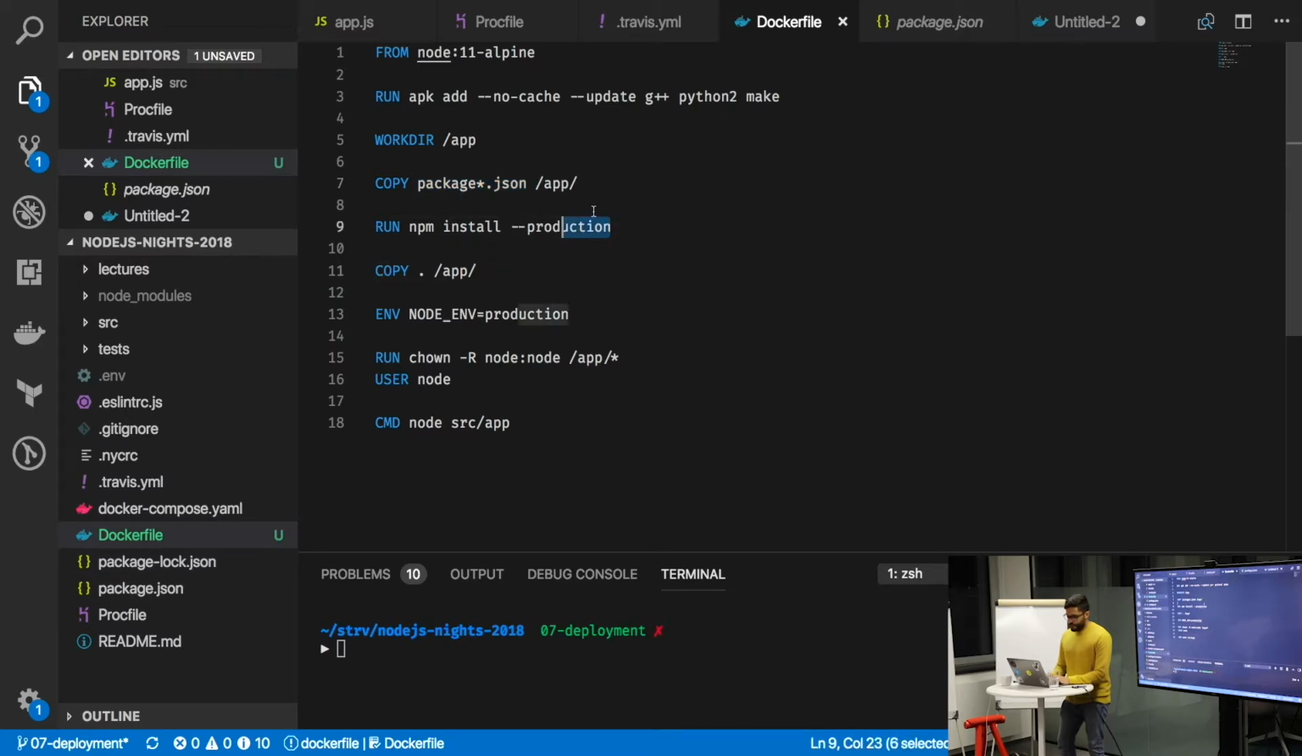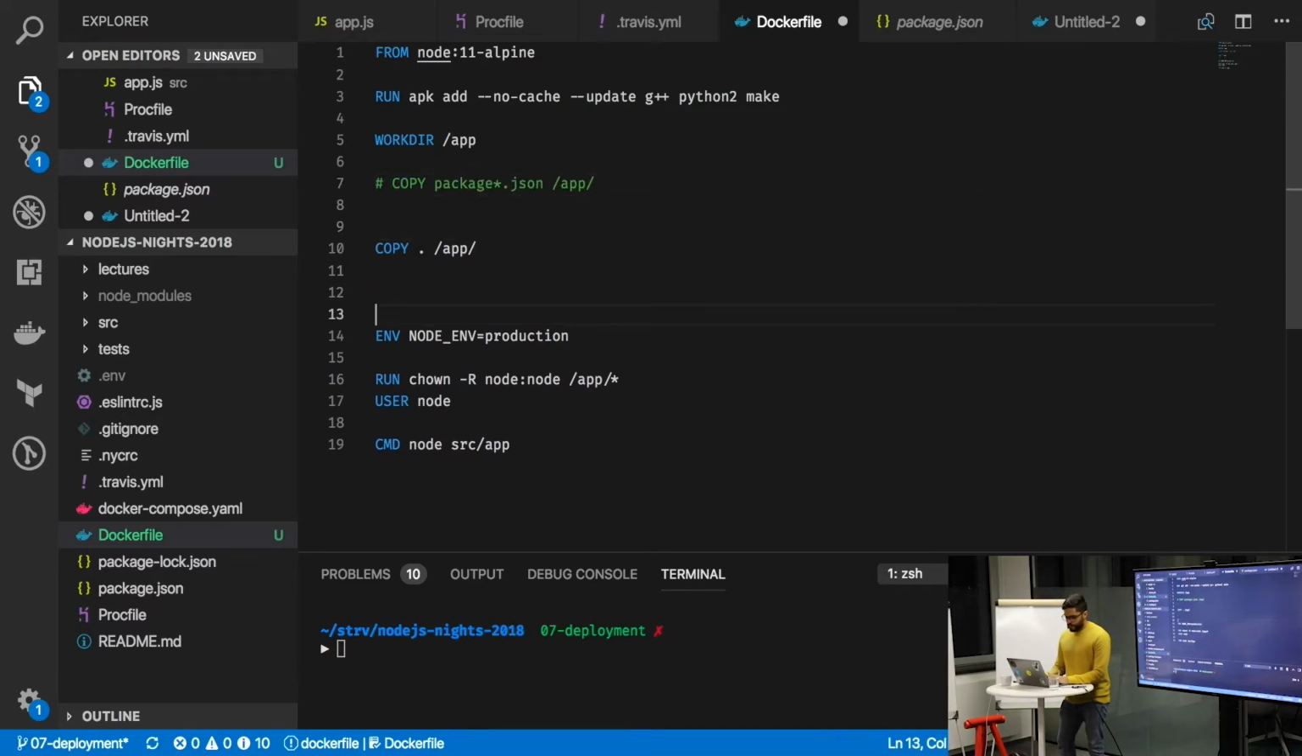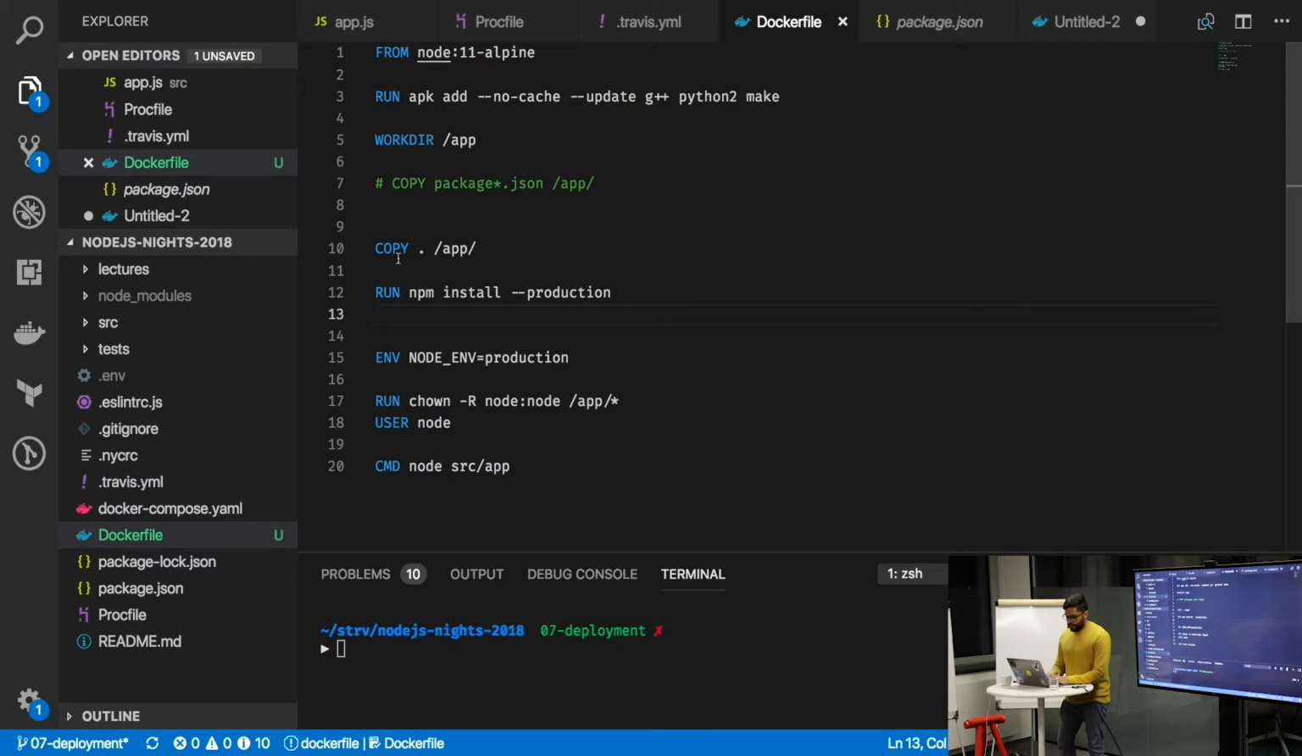because you can see we can just comment this, move this. Here, basically, we're copying everything from the current directory, which is this one, to the app directory, and then we're running npm install with the production option. So basically, this will work, and the thing is like